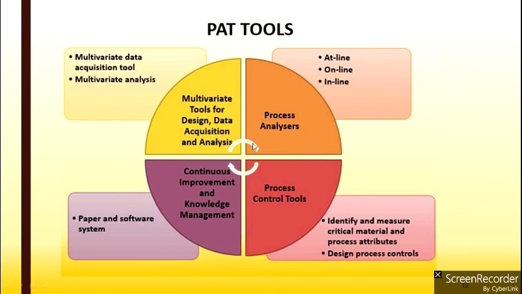Once you have identified the critical process, you want to study what tools you require for the process analysis. Mostly these tools will be associated with the computer system and computer software. That is why data design and data acquisition tools are mainly involved. Now you will check whether it has to be at line, online, or inline with the system. Online means as you do the process, it tells you what variation you have observed. Inline is before starting the process, and outline is after the process.